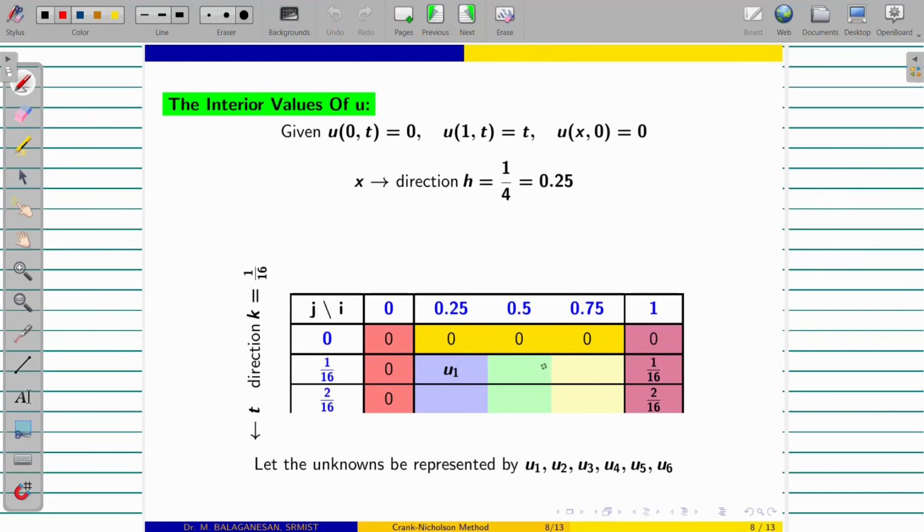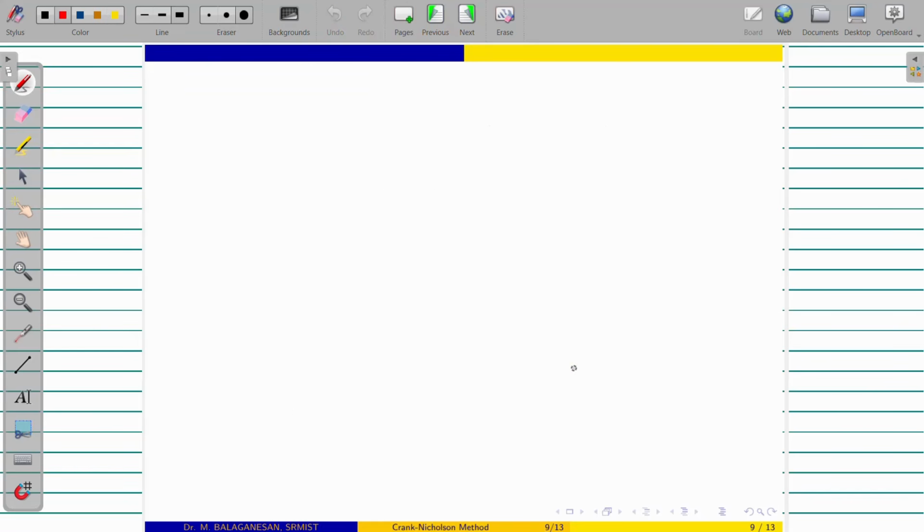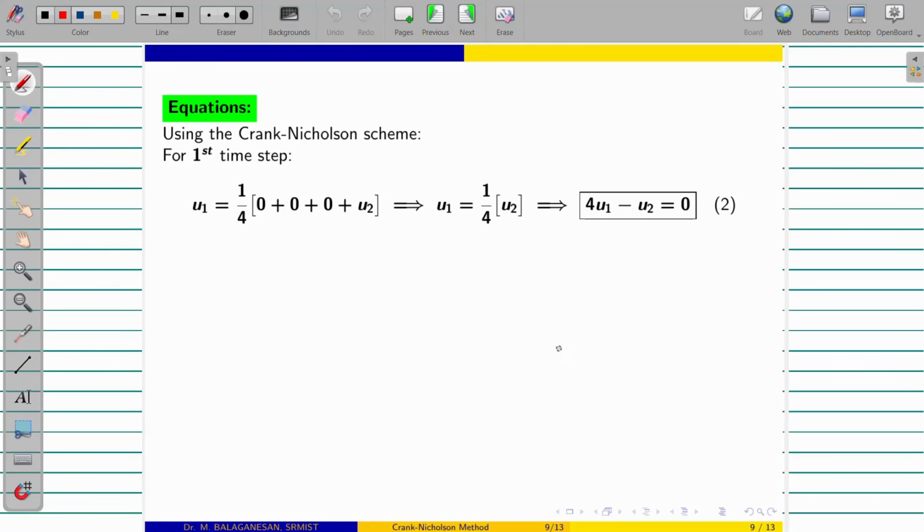So for u2, it will be this plus this plus this. In that way, we have to proceed here. So if you solve the first one, we will get 4u1 minus u2 equal to 0. If you proceed for u2, as I told you already, 1 by 4 into 0 plus 0 plus u1 plus u3, which implies